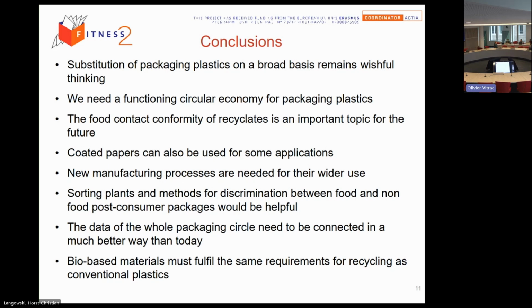And you talked about bio-based systems. Yes, they are interesting for the future, but you cannot simply say they can be used and then composted. I think bio-based materials must also be recyclable. We must be able to recycle bio-based materials like conventional ones, and only this can be done. It's not enough to say, okay, they are bio-based and they can be biodegradable. This is not enough. It's just half of the way.